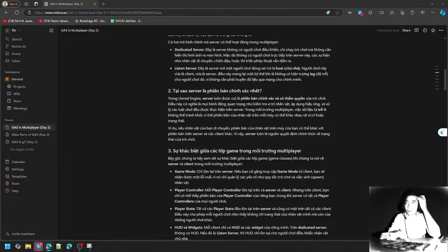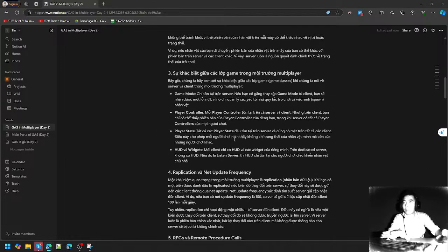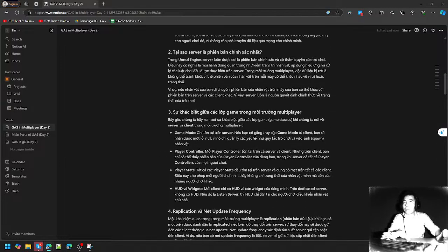That's because the game mode is responsible for things like rules of the game, spawning players and restarting the game, things like that, and those are some of those important things we were talking about that should only be handled on the server. Now, the player controllers for each player exist on the server,